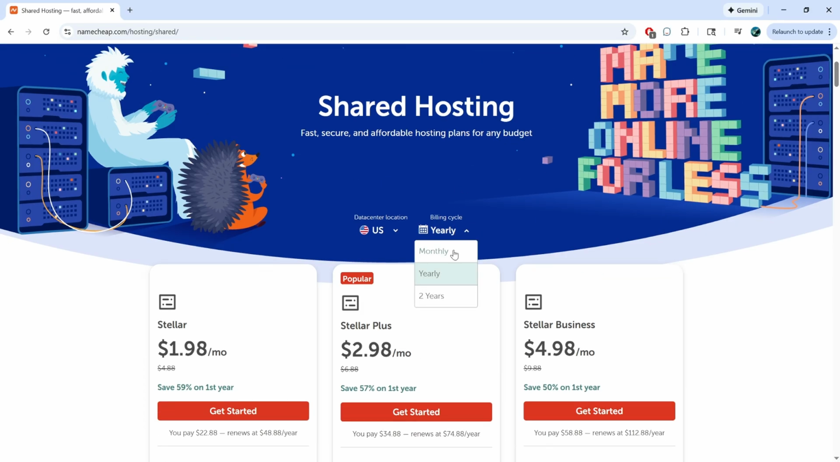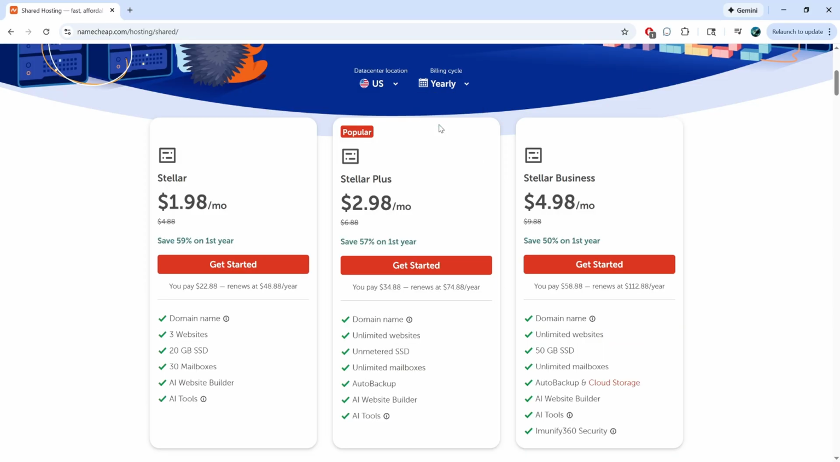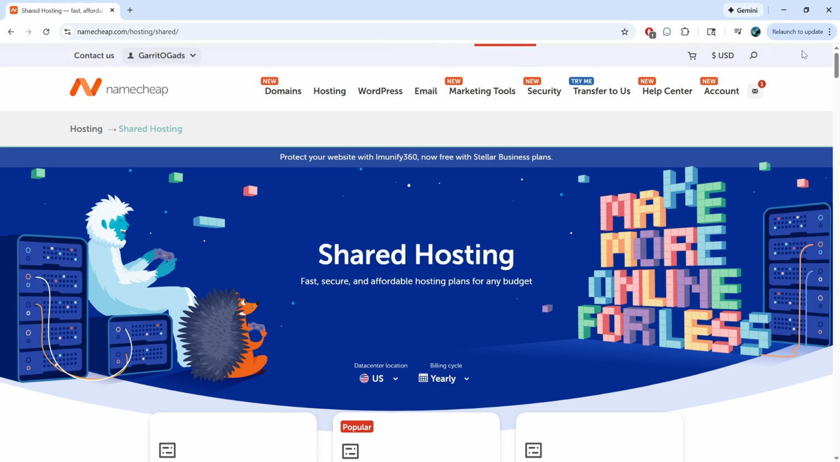We can go ahead and sort this to monthly if you don't want to pay for a yearly subscription. Now, the hosting that I would recommend is this one right here. It's only going to cost $6.88 per month, and if you want to go with the yearly, it comes down to about $3. You also will need a domain, so what you need to do is go ahead and search